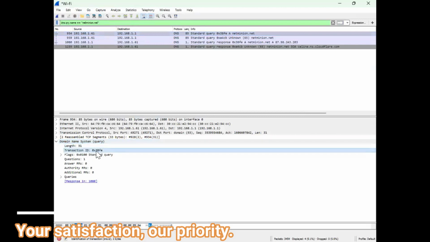This is a transaction ID 0x38FE, right? Here, if you see the response, there are two responses, standard query responses. Can you see? In here you can see this is a response and this is a response. But our response is the first line, 1080 line. Why? Because of the transaction ID. We can see that whatever response is available for my transaction ID resembles the 1080 line. So if you see here, it is talking about the length, the transaction ID,